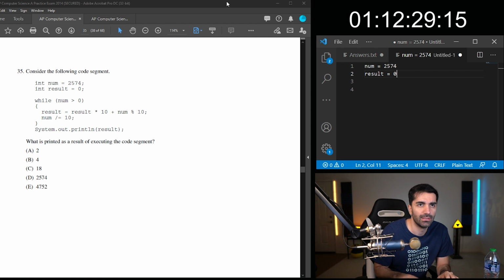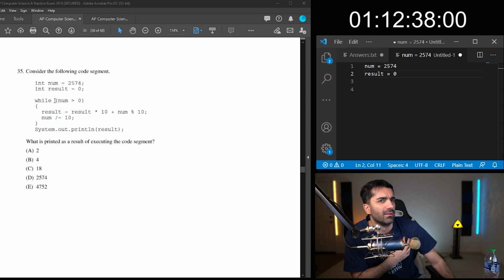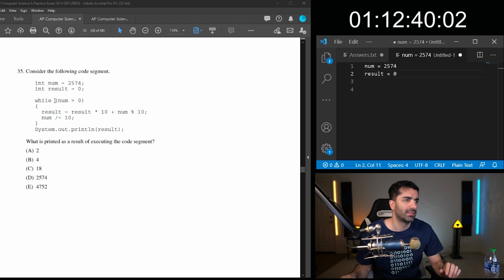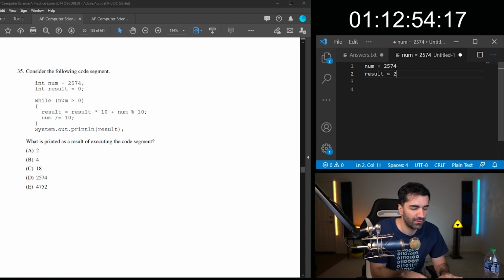Result equals 0. While num is greater than 0, then result, so we're going to do result times 10. So initially it's going to be 0. Num mod 10 is going to be 4. So result is going to be 4.